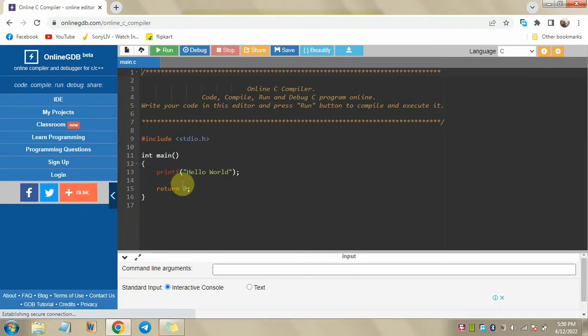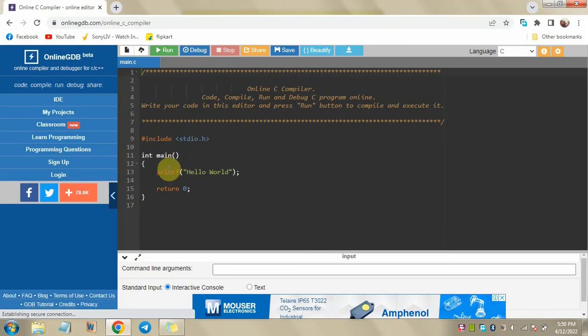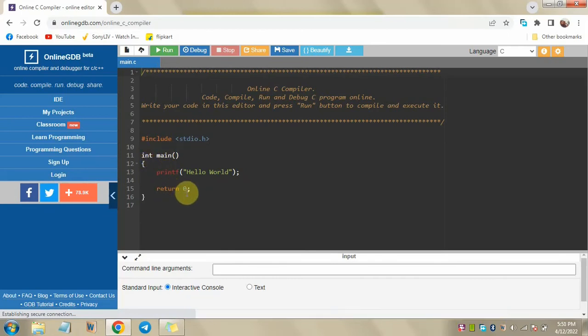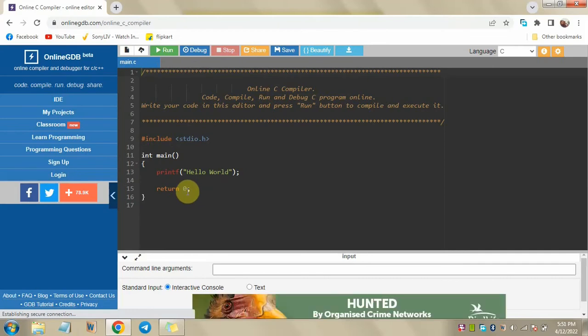So over here we have to write the code, and below here we'll get the output. That's it. And the run button is important, and other than that you don't have to look at anything else. So first of all, it's written that in this main function where the C program starts, only printf hello world is there, right? And return 0 is for returning 0, because the main function is type integer, so it's returning 0. So it's just for formalities, it's given over there. So if we run the program right now, it will just print the hello world in the output.